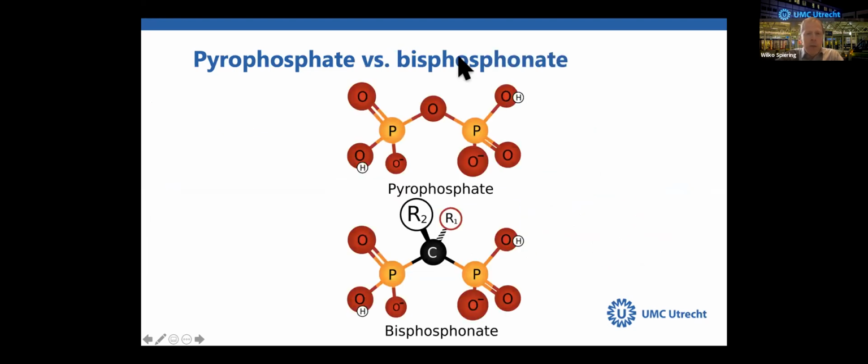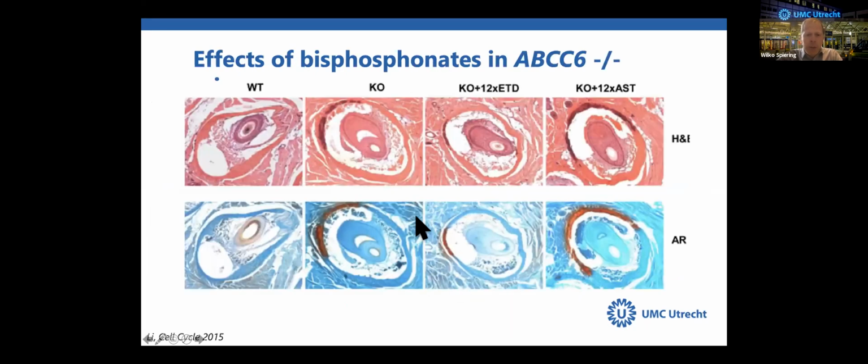So when you have a look at the molecular structure of pyrophosphate, you see that there is a close similarity with so-called bisphosphonates. Bisphosphonates are drugs that are used for the treatment of osteoporosis. So bisphosphonates can be seen as analogues of pyrophosphate. And we already knew from a study of the research group in Jefferson